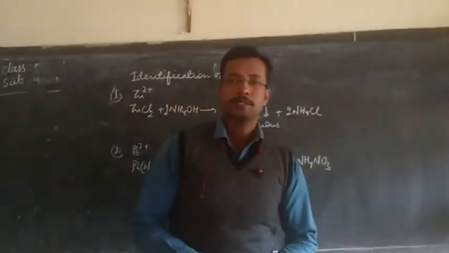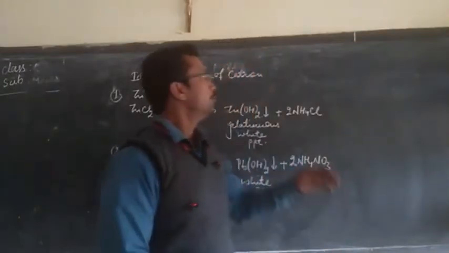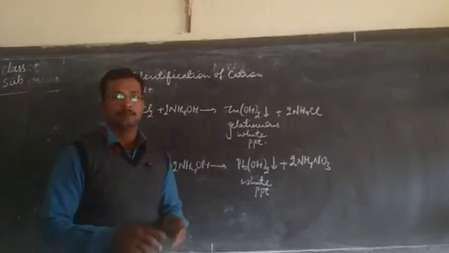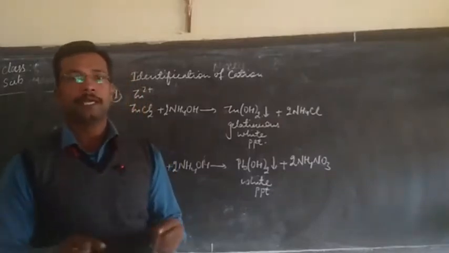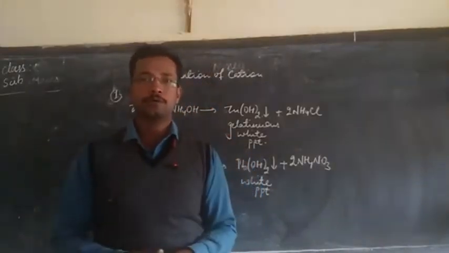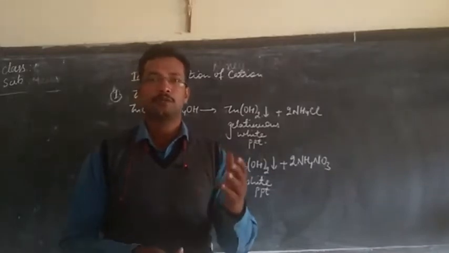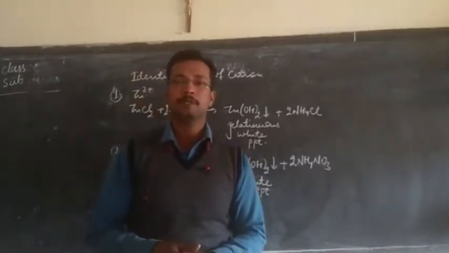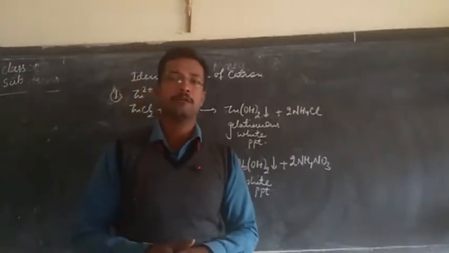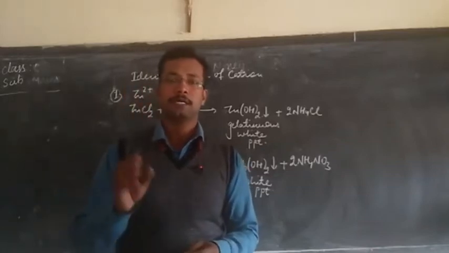Good morning, students. Today we have another experiment, which is the identification of cations. You know that with the help of certain reagents like sodium hydroxide and ammonium hydroxide, some salts may give a precipitate, and with the help of the color of the precipitate formed, we can identify the cation present in